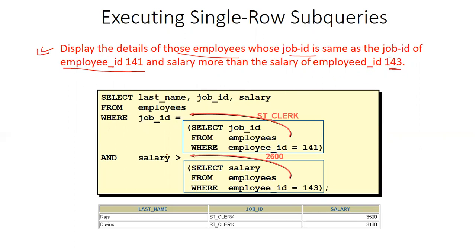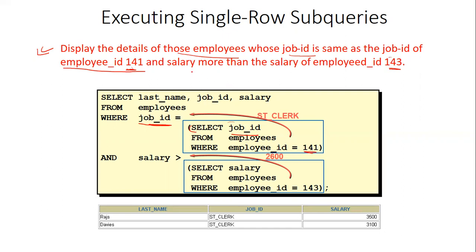The first is that the job ID is the same as that of employee 141, so we write an inner query to retrieve the job ID of employee 141.